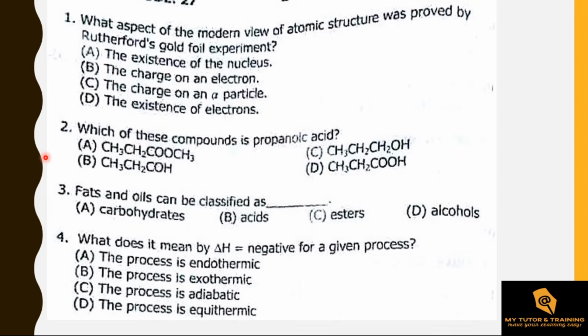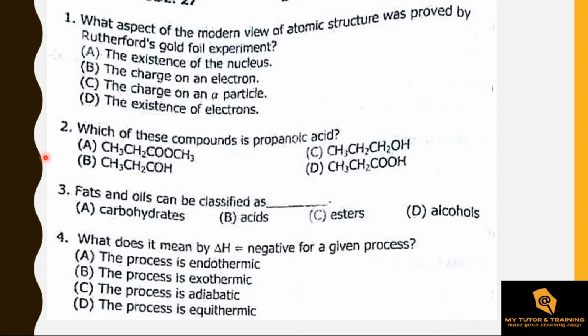Question number 1 said that what aspect of the modern view of atomic structure was proved by Rutherford's gold foil experiment? The choices are A. The existence of the nucleus, B. The charge on an electron, C. The charge on an alpha particle, D. The existence of neutron. As we know, Rutherford's gold foil experiment was an experiment which enabled the modern chemists to